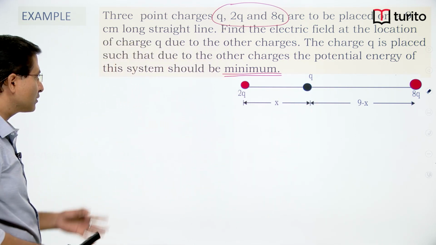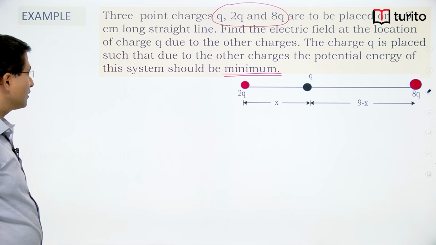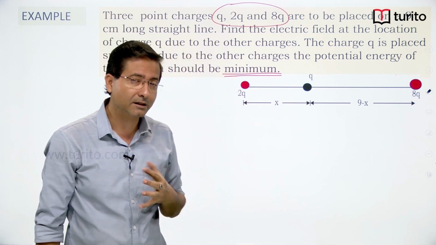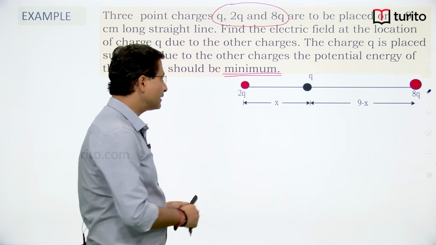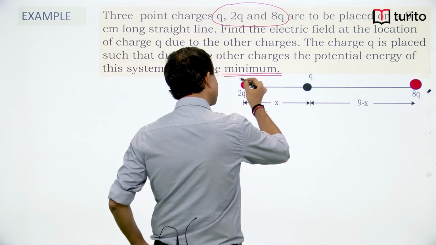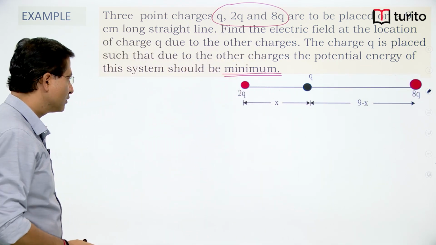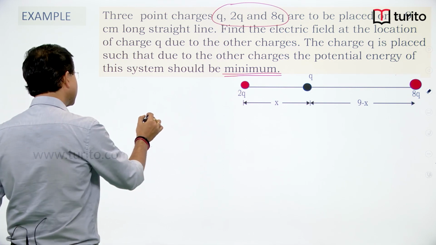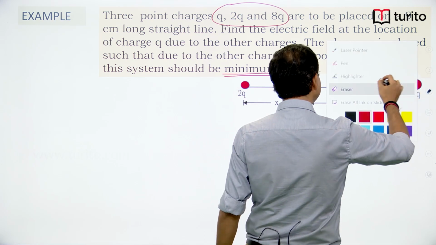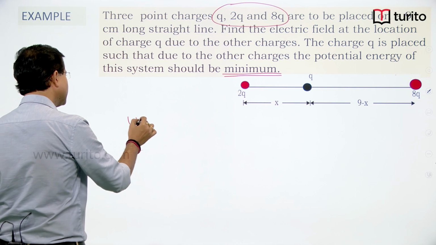So, I do not know the value of x, so the number of unknowns here is x. What I need to do is minimize the potential energy associated with the system. The system contains this one pair, this is another pair, and this is the third pair, 2 at a time, right. So, if I want to write the potential energy associated, the potential energy associated will be,